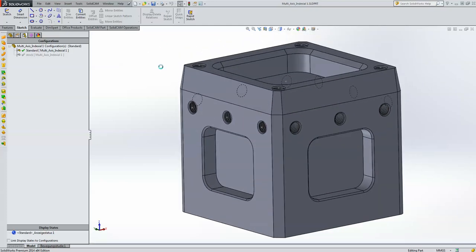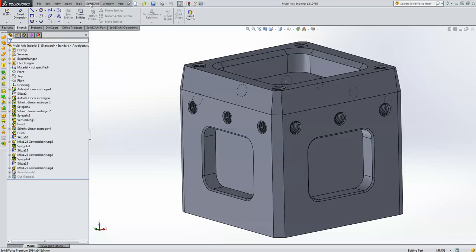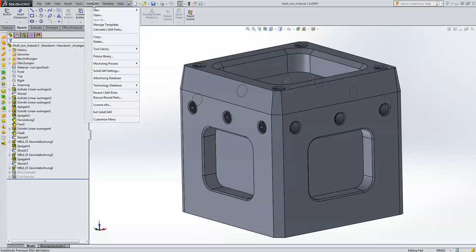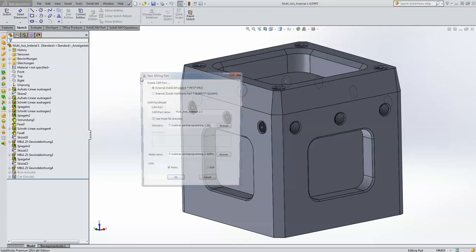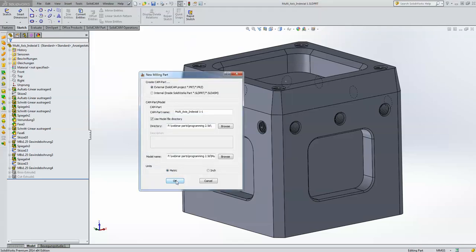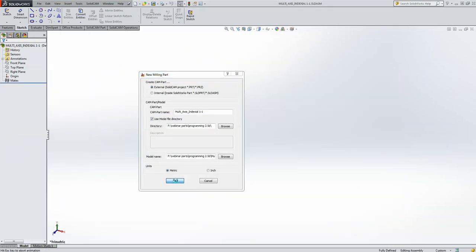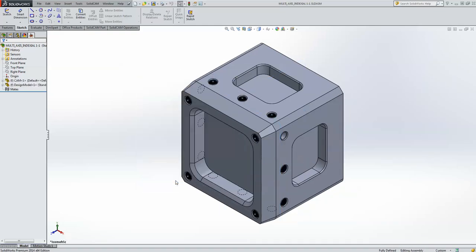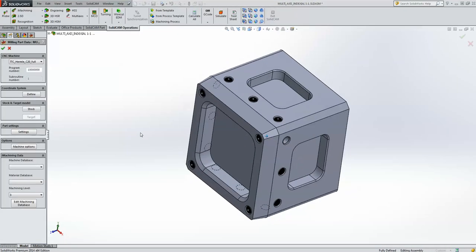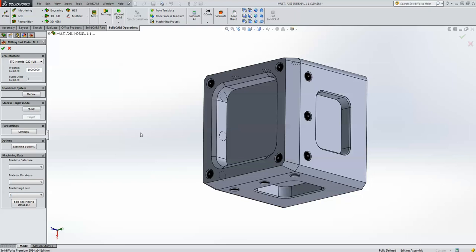And now let's start working with SolidCAM itself. Okay, we'll go into SolidCAM. We'll start a new part over here, milling. We'll accept that. And now what I want to do is create my home position. I'm going to go to coordinate system,